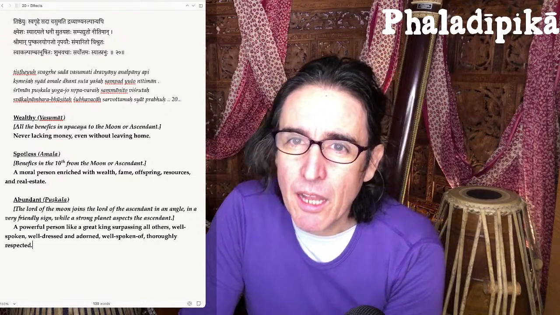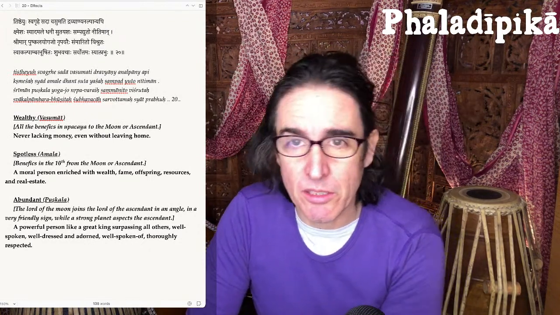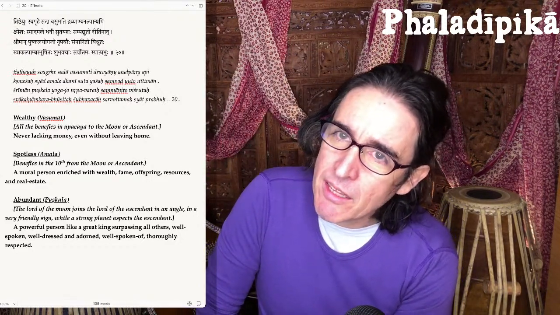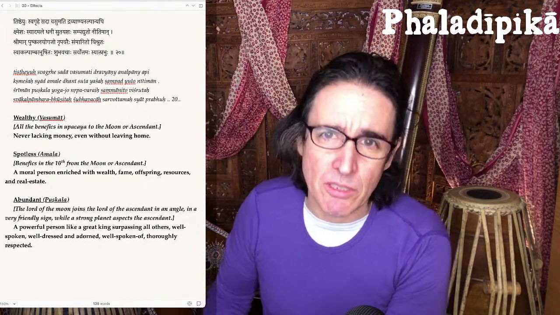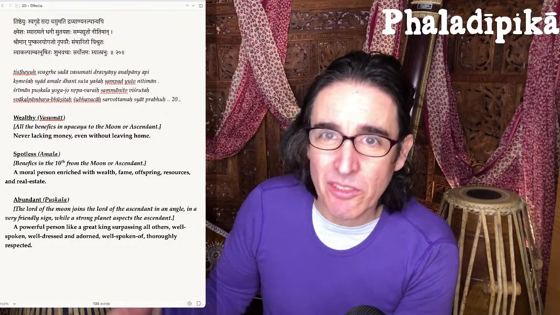Yogas are basically more complicated combinations of things. For example, if you have Jupiter in Sagittarius, then that's a yoga between Sagittarius and Jupiter. Is it not? It is. But it's a very simple yoga. We won't even bother to call it a yoga. We'll just call it a condition. But if you have Jupiter in Sagittarius in the 9th house, maybe you could call that a yoga, but you're starting to add more conditions to it. If you have Jupiter in Sagittarius in the 9th house aspected by the moon, then you could certainly start to call that a yoga.